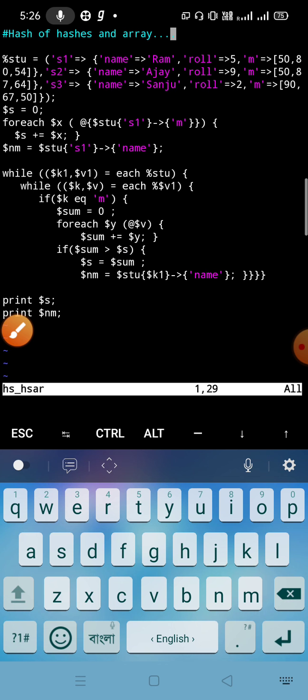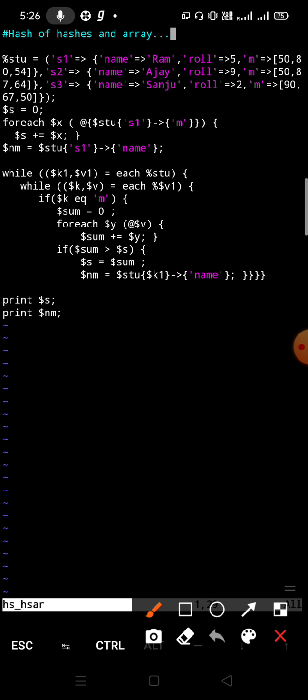So now I am starting the solution. See here, up to this point, this is our data structure. Now I am taking a variable named $s. Inside the variable $s, I am storing the total marks of the first student. In the data structure, here three elements are here, maybe more than three, maybe 5, 6 students' records may be there. So our target is to store the first student's total marks inside the variable $s.